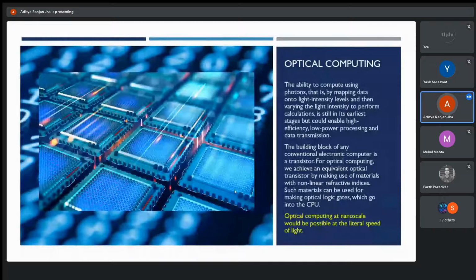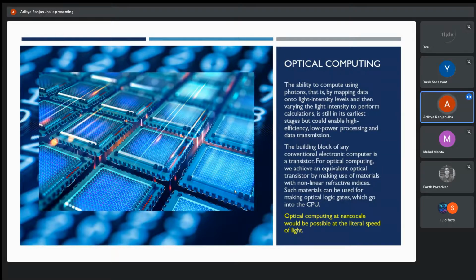Next, I'll talk about optical computing. We all know that photons are much lighter than electrons. In any transistor, do you know how power is generated? The electrons are excited, and then the energy is transferred. The photons are pretty lightweight compared to electrons, so they could be excited more easily. So we could build a computing system based on optical transistors.